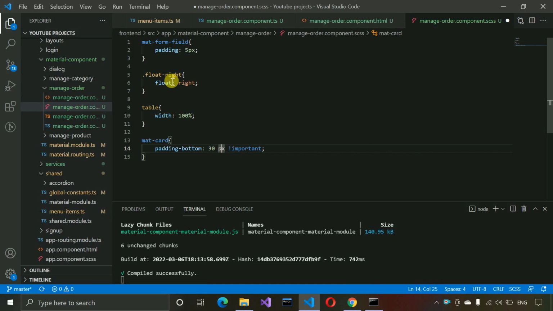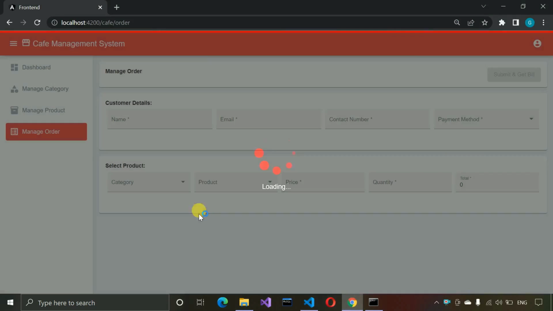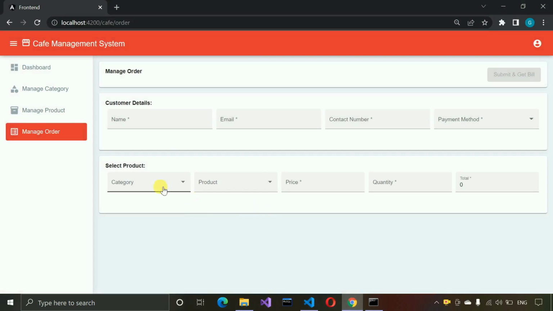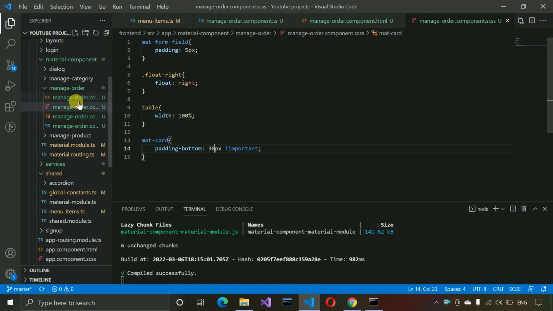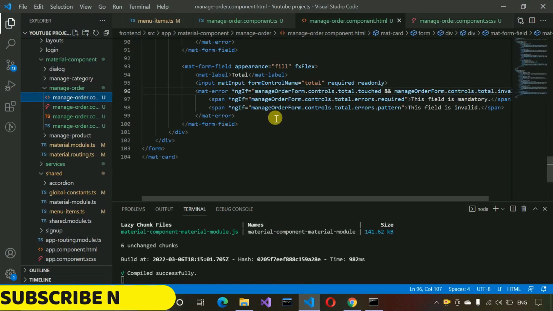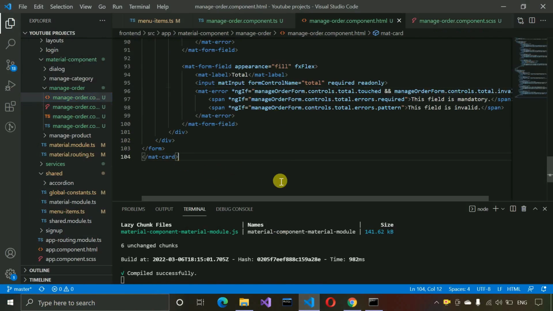Okay, and save it, and you can see build successful. Let me move back over here. So now you can see it's looking good actually, same as in the quick overview video. Okay, so let me move to VS Code again over here, and now it is time to create the table, right? So let me put here hr,